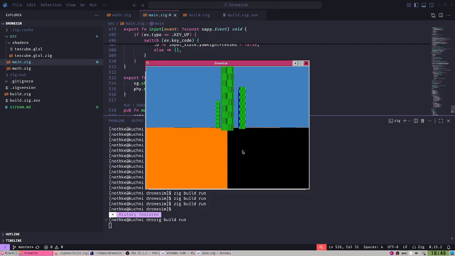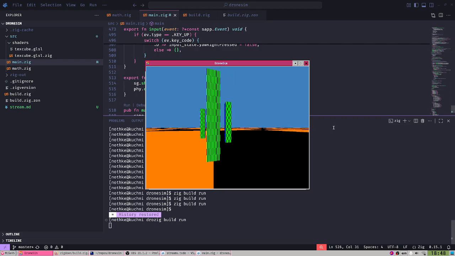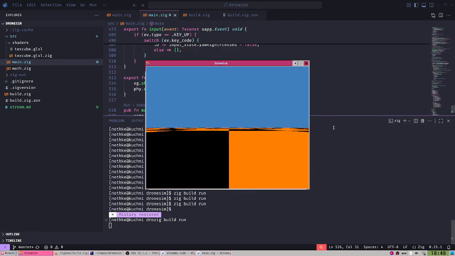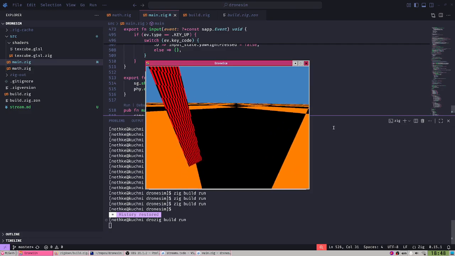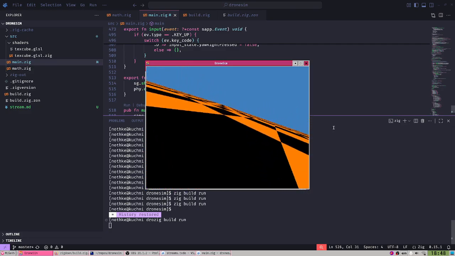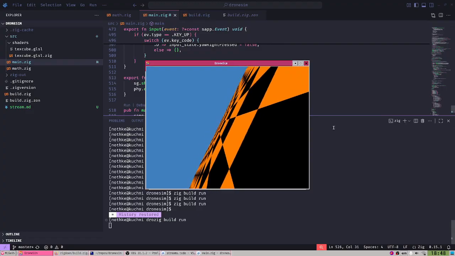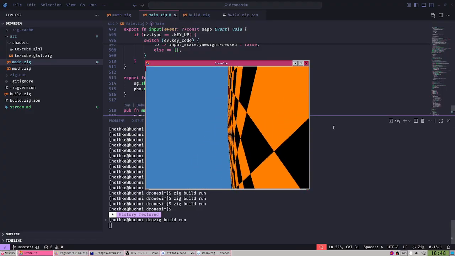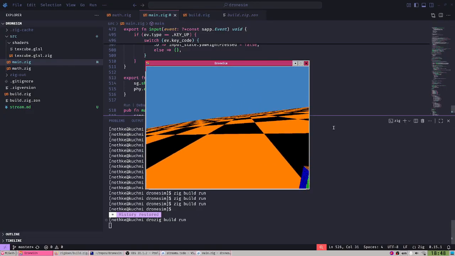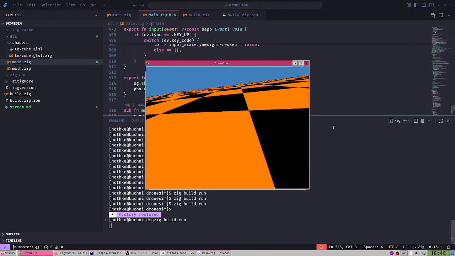And here it is, a little flight simulator, let's call it. You use W to fly, and you can use A and D to yaw around, and the arrow keys are for pitching and rolling. So it's a little flight simulator. It doesn't have any sounds, it doesn't have any graphics. I mean, this is the graphics.